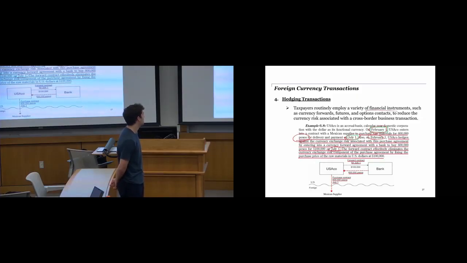Obviously, what I'm trying to do is exactly mirror that risk on the other side of that. That's why I entered into the transaction. But if I don't have those dates matched up, then I'm going to have trouble integrating the transaction. Okay. The forward contract effectively eliminates the currency exchange risk component of the purchase agreement by fixing the purchase price of raw materials in US dollars at